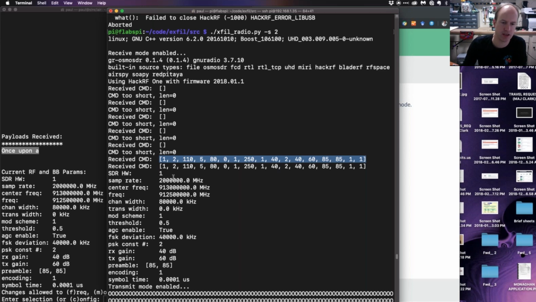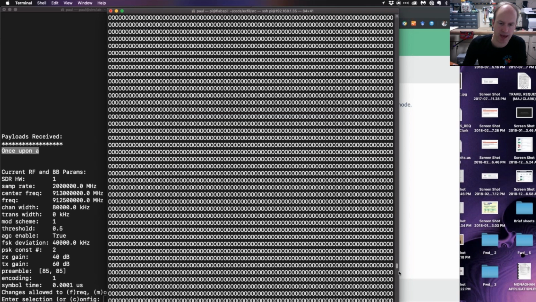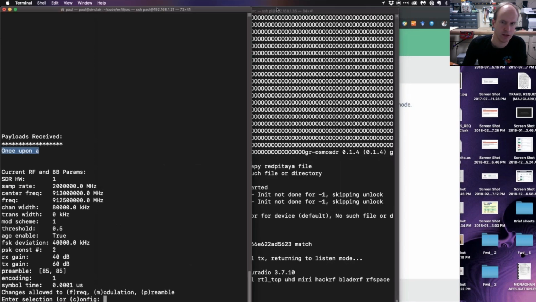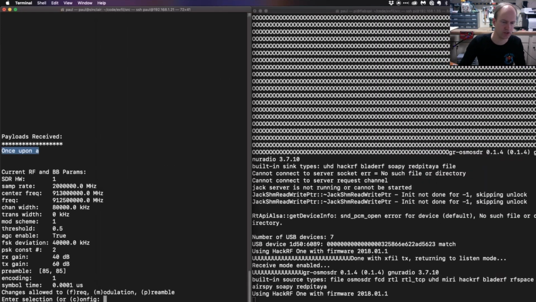And that said to the Exfil box, okay, use these parameters, which are just the defaults. And then it switches around and transmits the information back, and we're able to get this single line payload. So I haven't done anything really except simple transmission at this point. So what I can do is use this kind of clumsy engineer coded interface to change the frequency now.